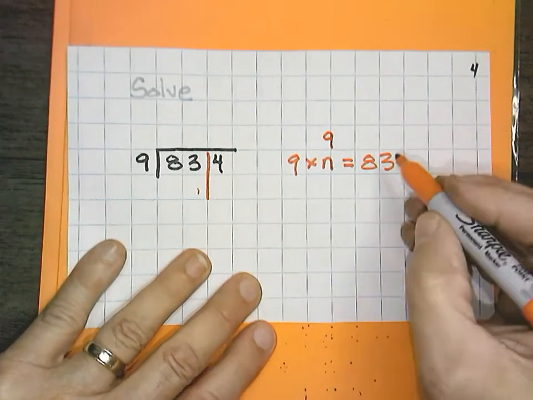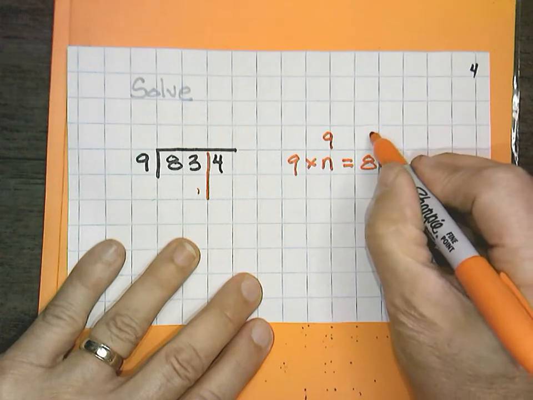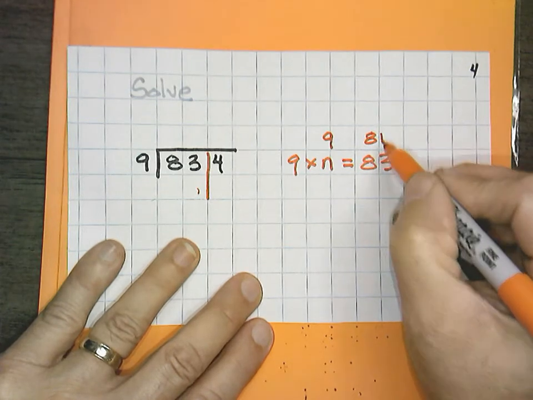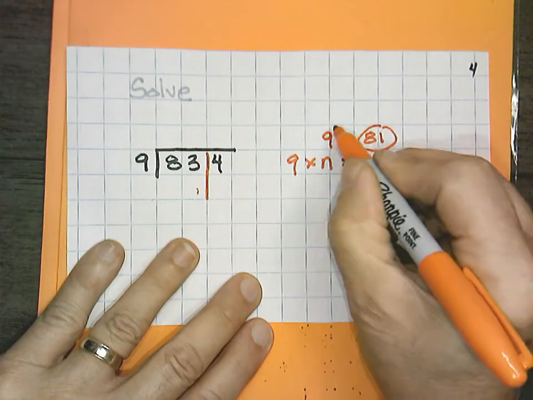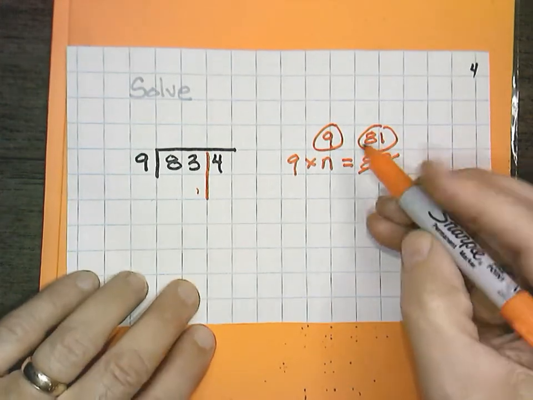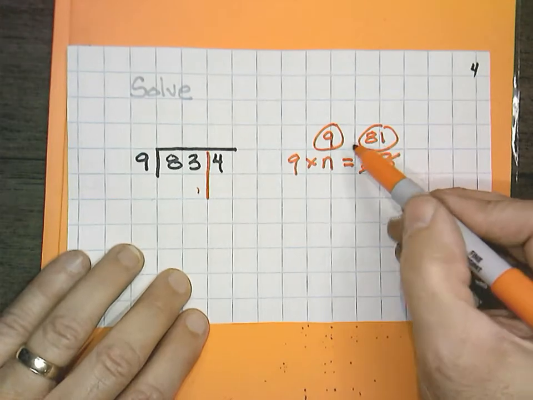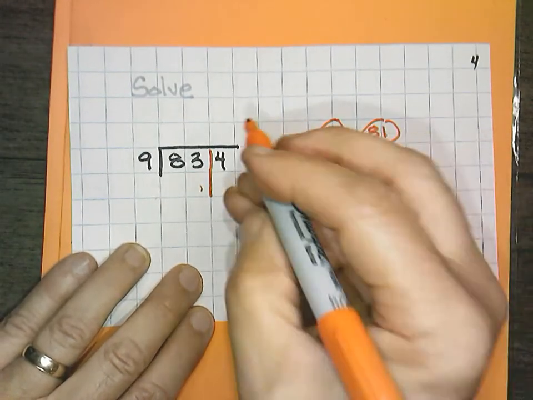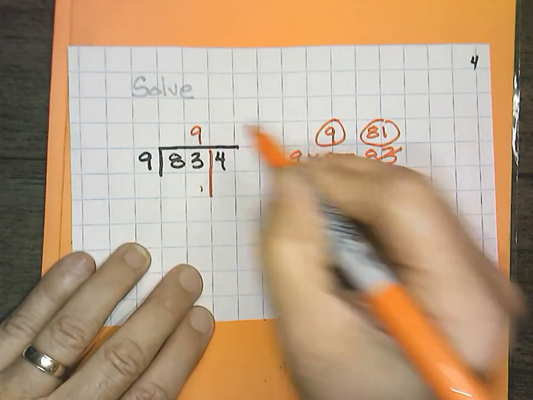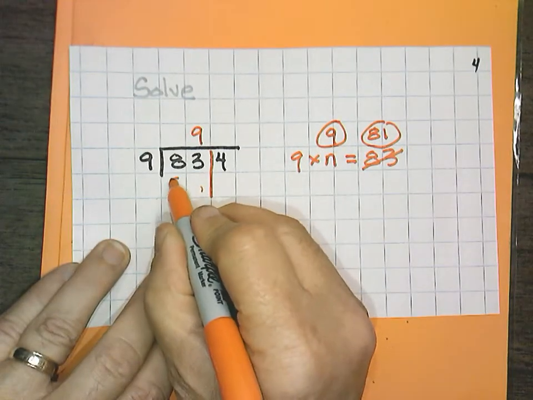But 9 times 9 is not 83. It's actually 81, but that's okay. We're going to use how many of these? Just that one? No, we're going to use both. So 9 goes up here above the 3, and our 81